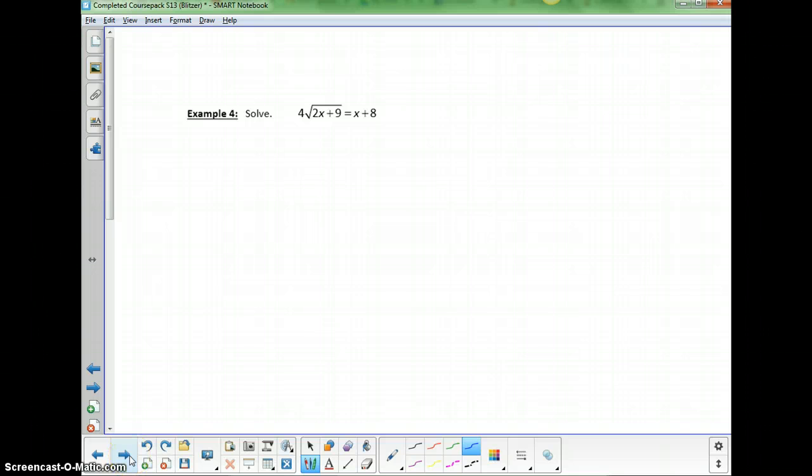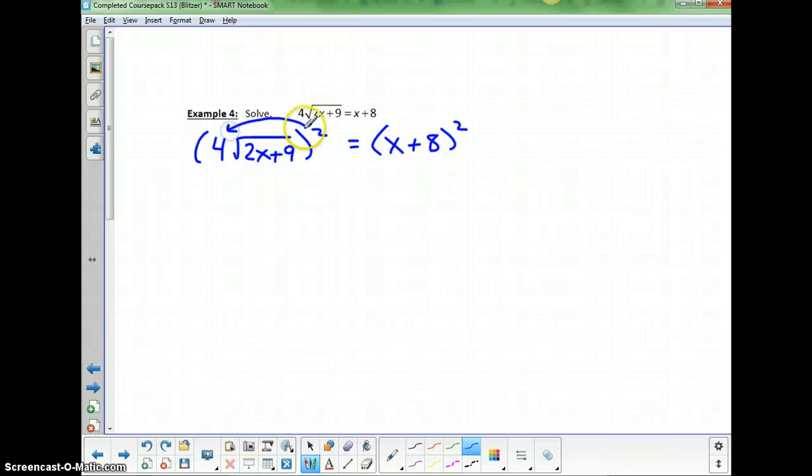Okay, so we're going to solve example 4. We want to square both sides. We've got a radical who's on a side by himself. Now this 4 is okay, so I'm just going to square that 4 also. So let's just go ahead and square both sides. Let's see how this works out. I'm squaring both sides here. Now remember, just like in the last one, this square is going to apply to the 4 and to the radical. So 4 squared is 16. Square root of 2x plus 9 squared is regular 2x plus 9. Equals,